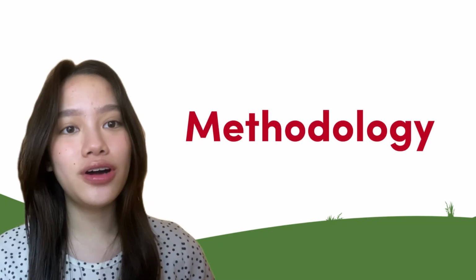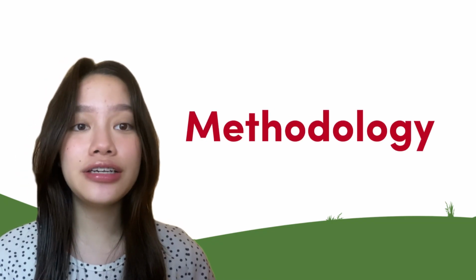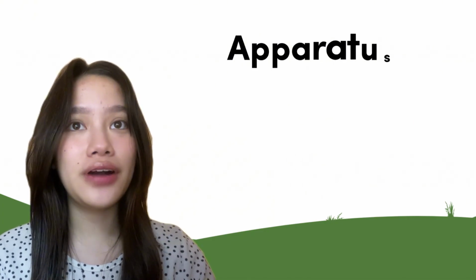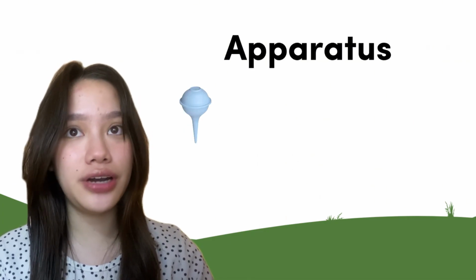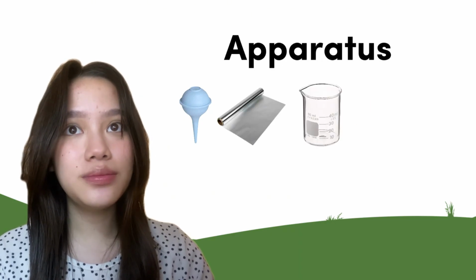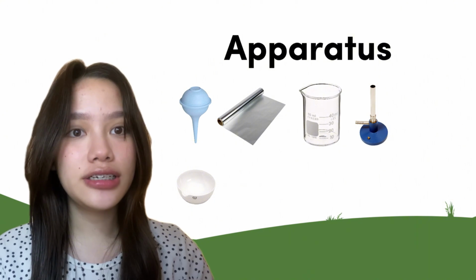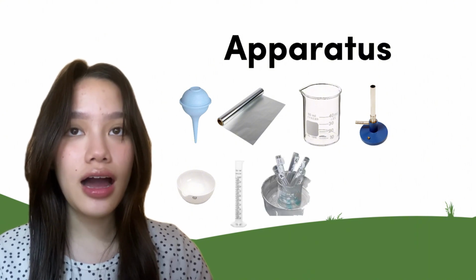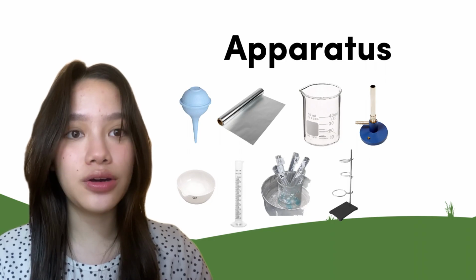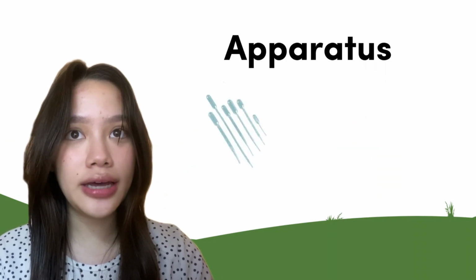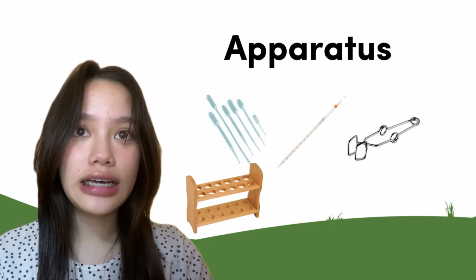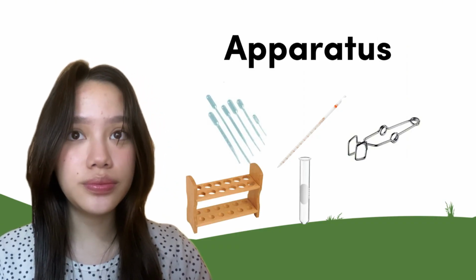As for our methodology, we have the materials and reagents that will be used for the experiment. For the apparatus section, we need aspirator, aluminum foil, beakers, Bunsen burner, evaporating dish, graduated cylinder, hot water bath, iron ring and stand, matches or lighter, pasteur pipette, serological pipette, test tube holder, test tube rack, test tubes, and wire